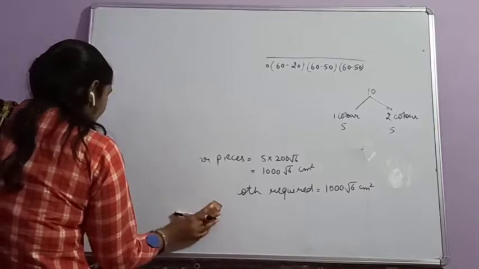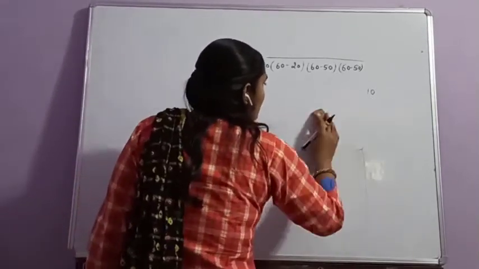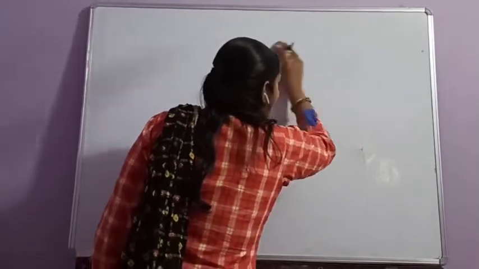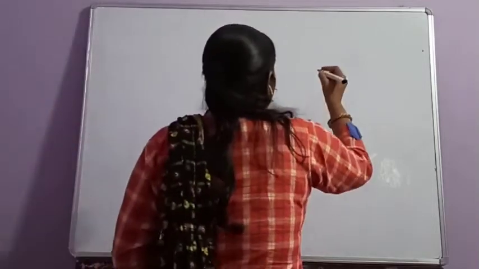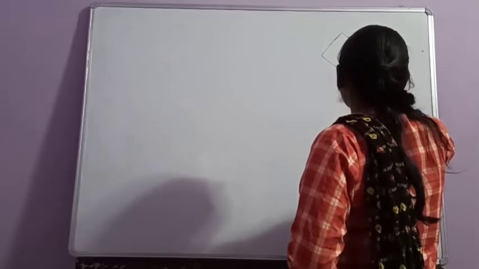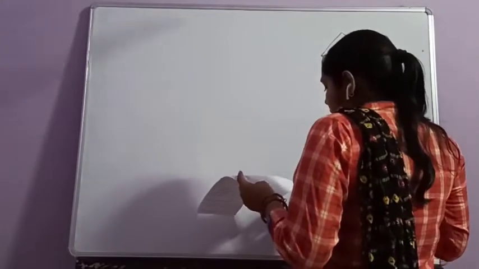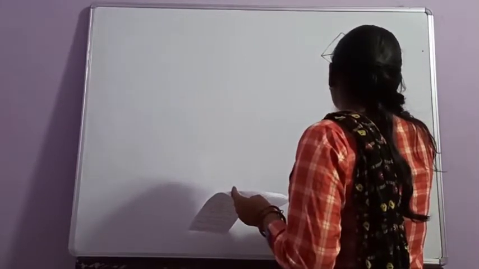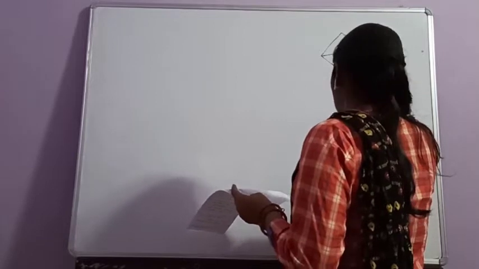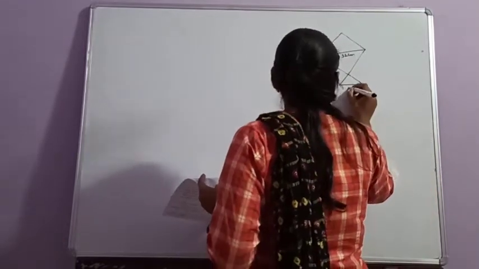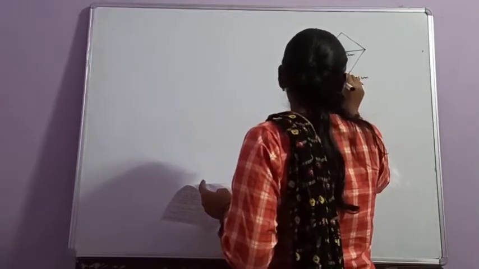A kite is in the shape of a square. A kite is given to you inside a square shape, with diagonal 32 centimeter. For the square, the diagonal is given as 32 centimeter. And an isosceles triangle of base 8 centimeter and sides 6 centimeter is given to you. Clear?